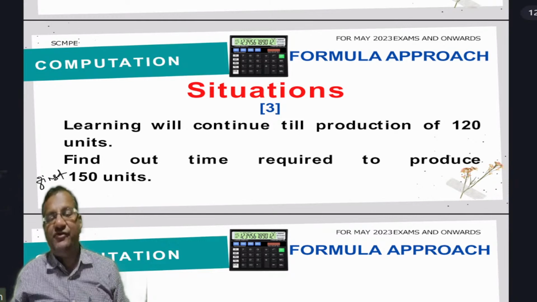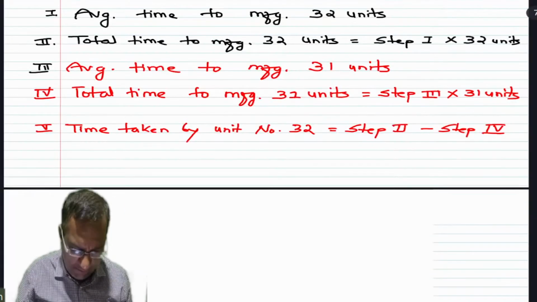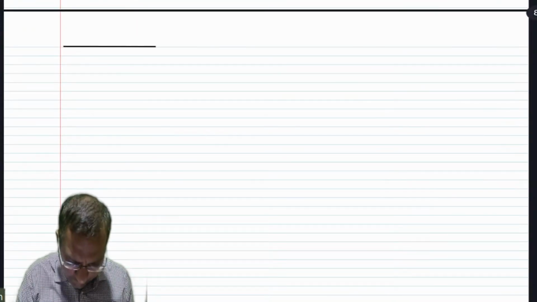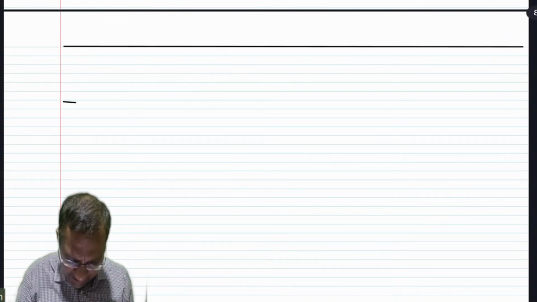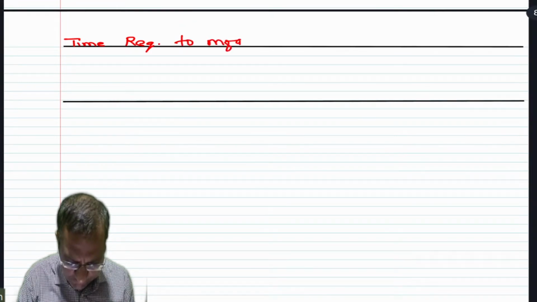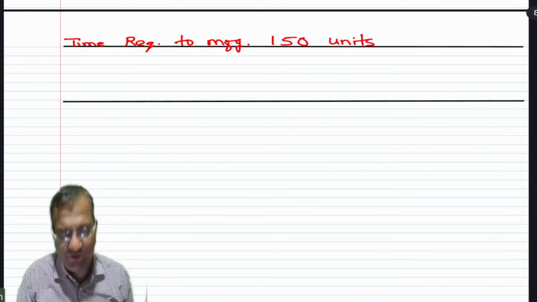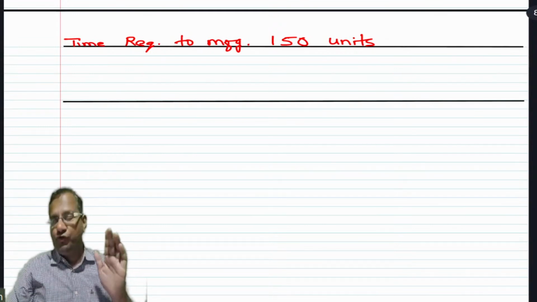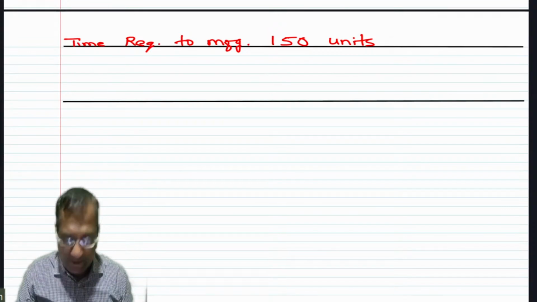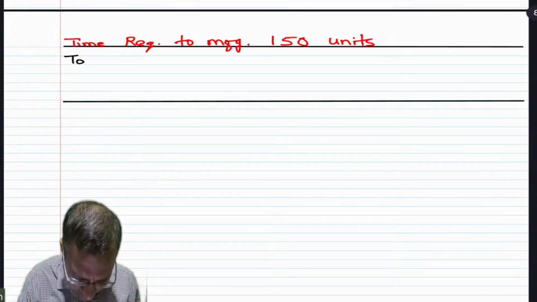ओके बेटा, नाउ चेक कीजिए कैसे हम इसको फाइंड आउट करेंगे स्ट्रक्चर। अ वेरी वेरी इंपॉर्टेंट पॉइंट, प्लीज लिसन वेरी केयरफुली बेटा। फाइनल आंसर हमारा ये रहेगा, टाइम हमें निकालना है, टाइम रिक्वायर्ड टू मैन्युफैक्चर 150 यूनिट। फर्स्ट 150 यूनिट्स को बनाने में हमें कितना समय लगेगा। ठीक है साहब। सो ये एक बात तो कंफर्म है, जो हमारी लर्निंग स्टेज है वो कब तक चलेगी, 120 यूनिट्स तक चलेगी।